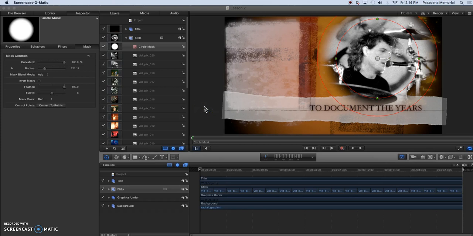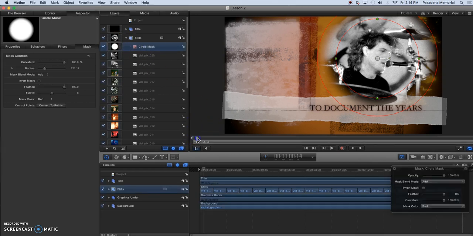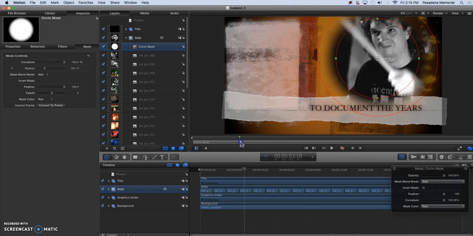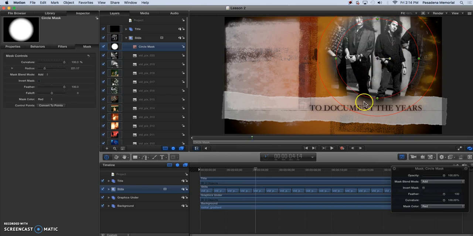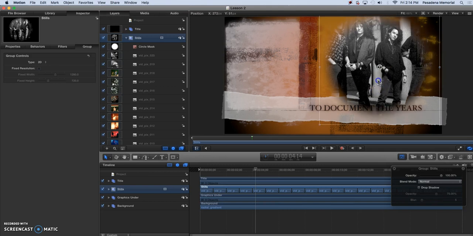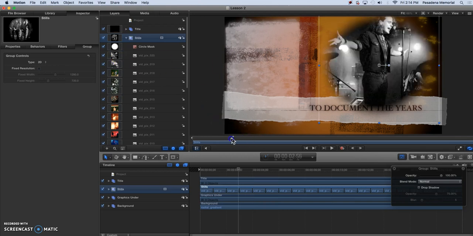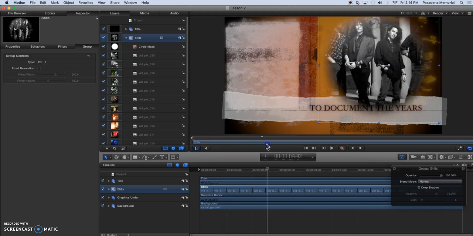So in our last video, we imported a sequence of photographs into a group, and then we put a mask on those. And then as we play through, you'll see that the mask is still there, and looking through, we might need to adjust where these pictures are so we can bring the whole group down a little bit more, so we can actually see them a little bit better. Okay, so always check that so we're not cutting off too much at the top